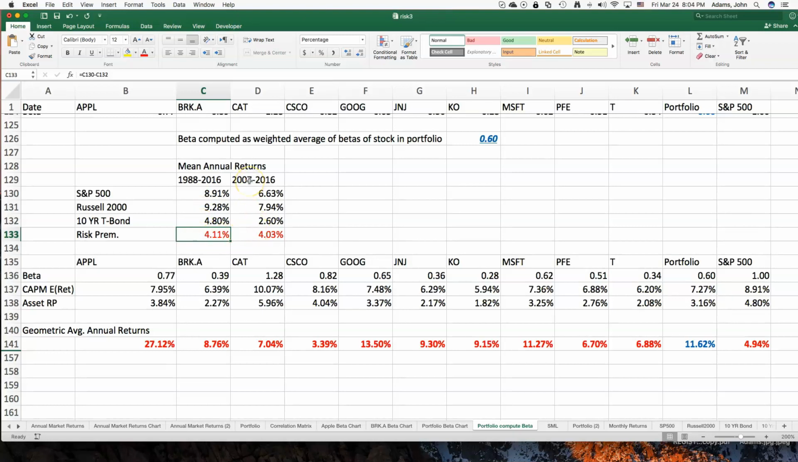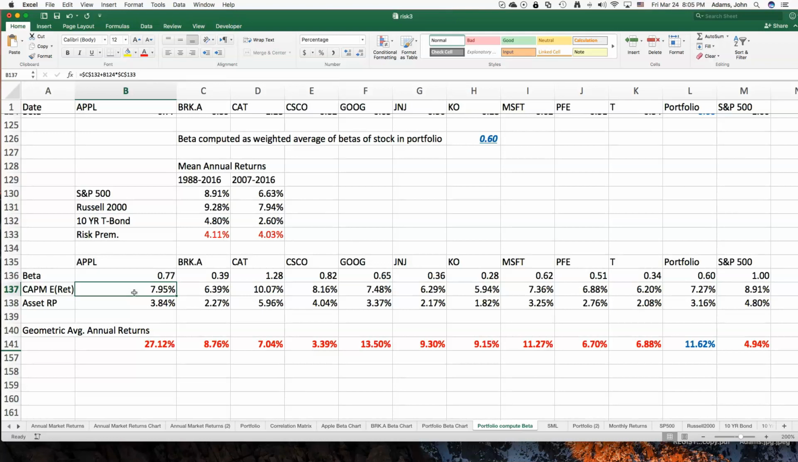And if we want to see how stable this is, we can look over just the last 10 years, from 2007 to 2016. We see that the risk premium is about 4%, so a good estimate for a market risk premium is somewhere around 4%. So applying the beta of 0.77 for Apple, the capital asset pricing model would say that the expected or required return for holding Apple stock is